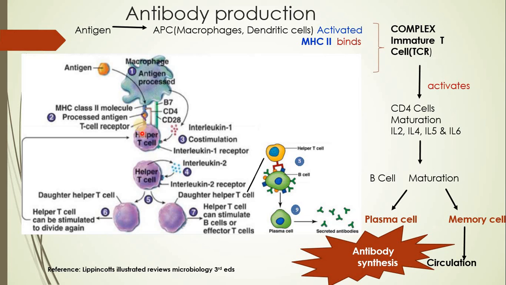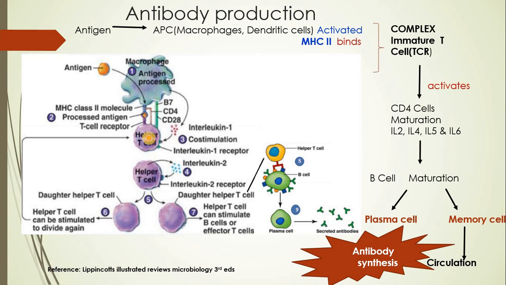So the entire complex, that is APC containing MHC II molecule holding the processed antigen, in association with immature T cell will form a complex, and this complex will lead to certain changes in the helper T cell or the immature T cell. That is, this T cell will get activated